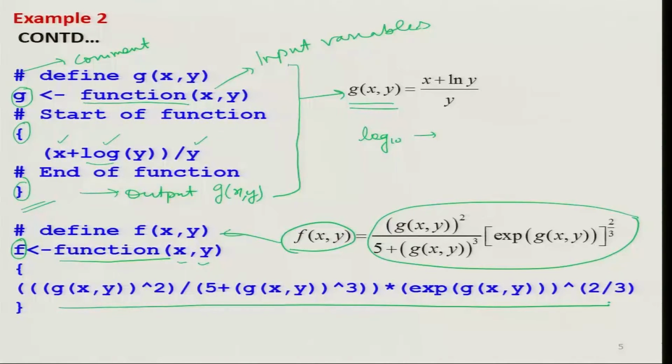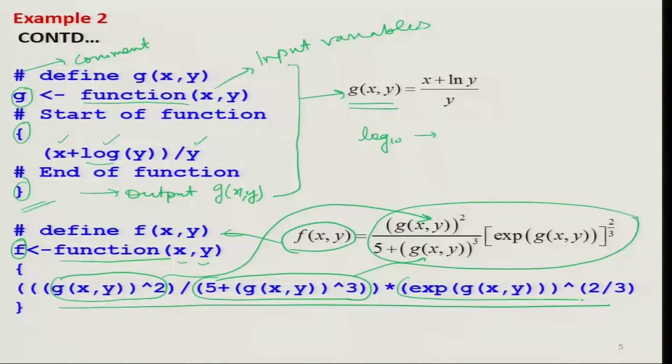That you can verify. That is very simple on the same logic what we have done in the topic R as a calculator. So you can see that gxy whole square, this is corresponding to this quantity, 5 plus gxy whole cube, this is corresponding to this factor, and this exponential of this thing, this is corresponding to this factor, right. So you can see in this function fxy I am trying to call gxy directly,